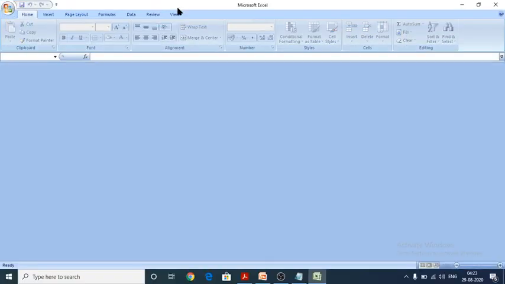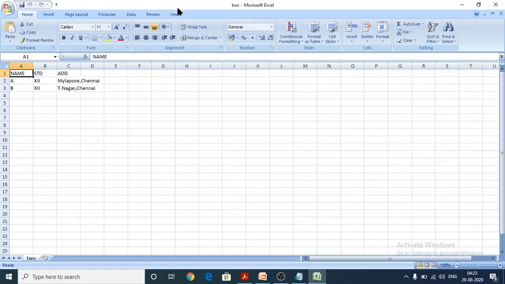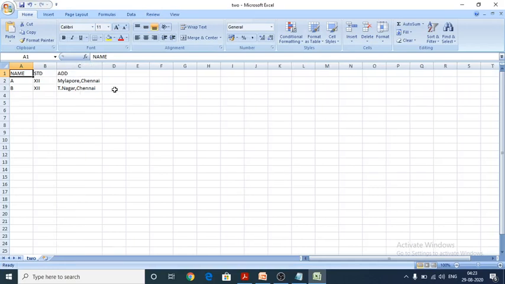Open this one. Yes, see here, between Mylapore and Chennai, T Nagar and Chennai, there is a delimiter comma. If you want to give a delimiter comma within a single field or within a single record, that record should be enclosed within double quotes.